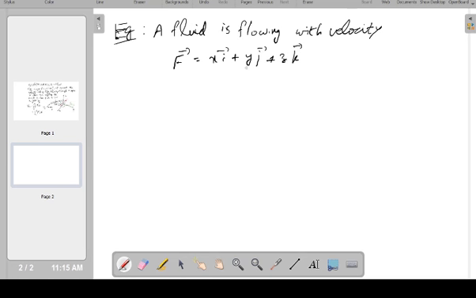That means capital M of x, y, z is x, N of x, y, z is y, and P of x, y, z is z. Find the flow along the helix